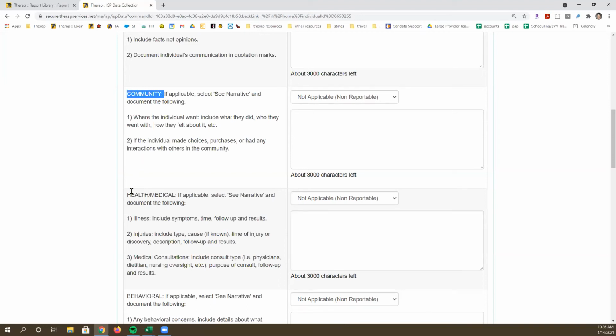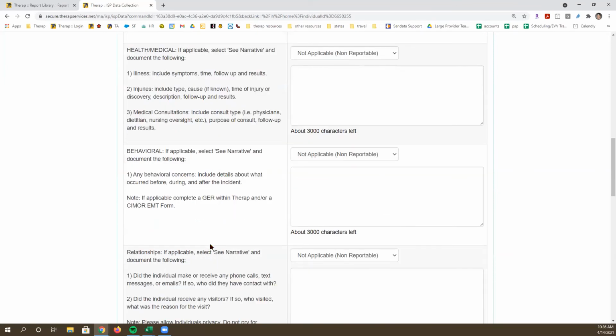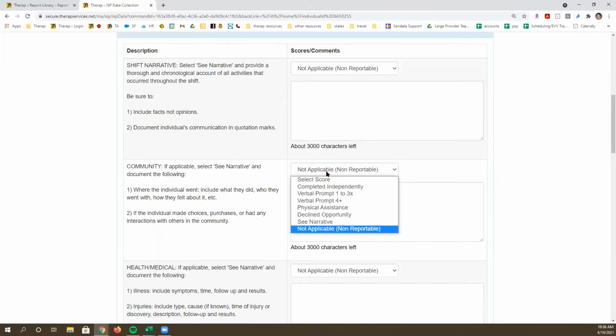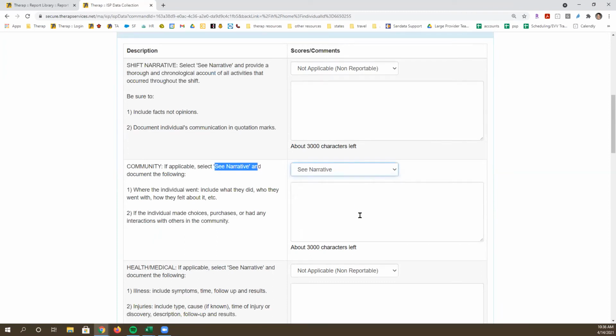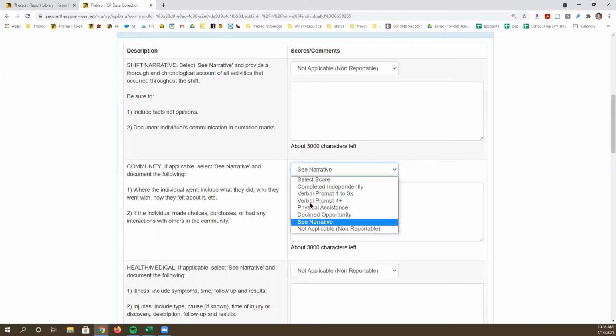And so you may have designated questions, like did they go anywhere in the community? Is there any health or medical information to report, and so forth. And in this example, it looks like they're using C narrative if there is something to report, and N/A if there's not. So how this would translate to